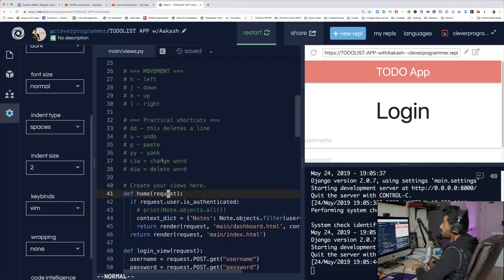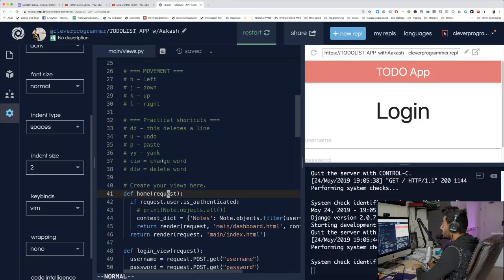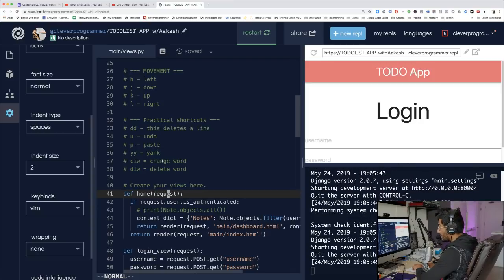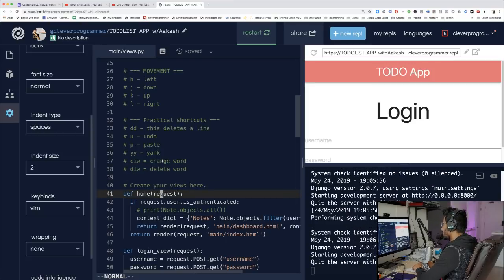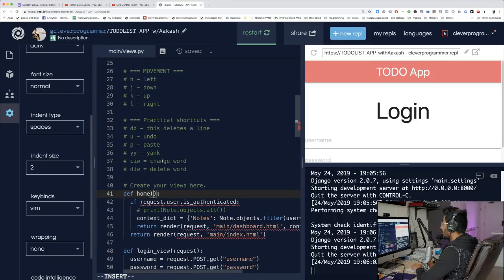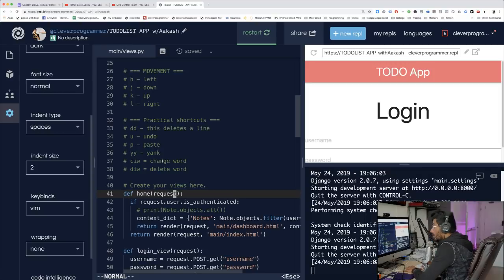But the reason why I showed you CIW is usually when you're trying to delete a word, you're trying to replace it with something else. So that's why I gave you CIW, because if I do CIW here, it not only deletes it, but it puts me in insert mode, which means that I can now